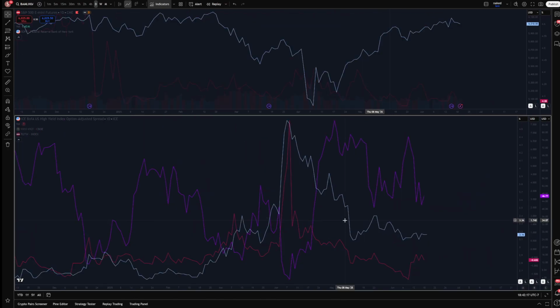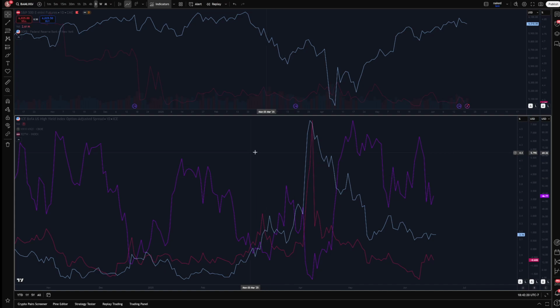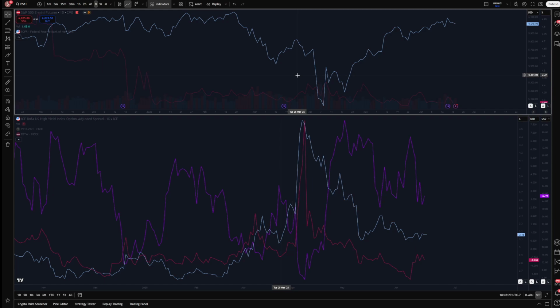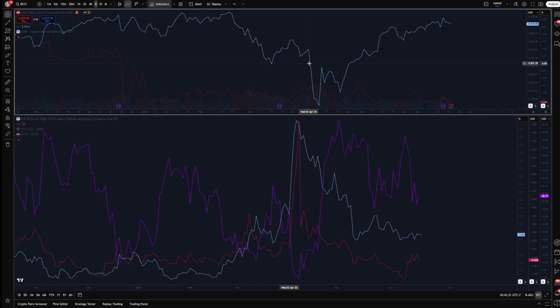I don't want to go in reverse chronological order, but you can see in Liberation Day, and these don't match up vertically, the top one is kind of off kilter, but here's April 2nd when everything went to shit, and then here's April 9th when the president tweeted that we should all buy the S&P 500, right? So April 2nd, the credit spread goes up. It goes from 3.5 to 4.5 in one day, or a couple days. And then VIX, it's the middle index, it was 0 here, and then it went to